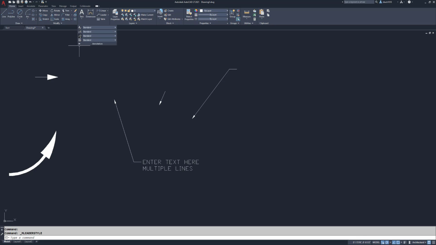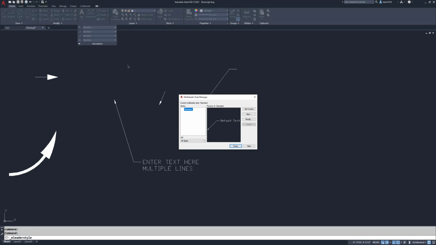If we go right here, we can pick the multi-leader style command and we can create our own style. And I'm going to go over here and pick the new button, and I'm going to start with standard. It always comes in with copy of standard. But if we just change this to big, you can call it anything you want, doesn't matter to me, and I'll say continue,